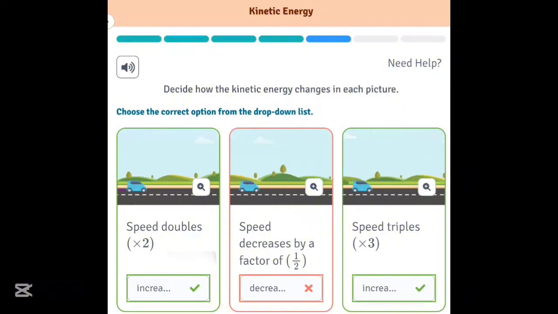Changing the speed of an object by a factor changes its kinetic energy